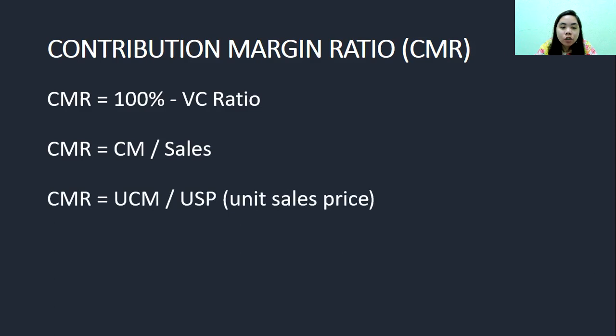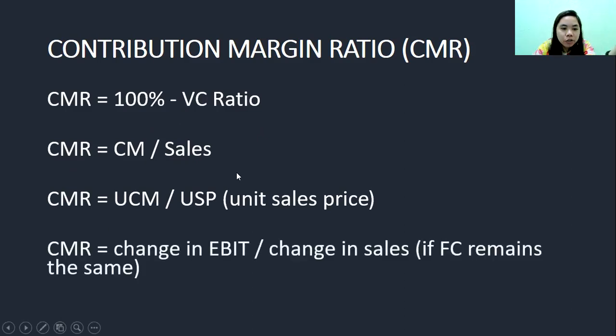So that's your CM ratio. Why? Your unit contribution margin is the counterpart of the contribution margin, and the unit sales price is the counterpart of sales. They are related, one in total and one per unit. Then CMR is equal to change in EBIT, earnings before interest and taxes, divided by change in sales,